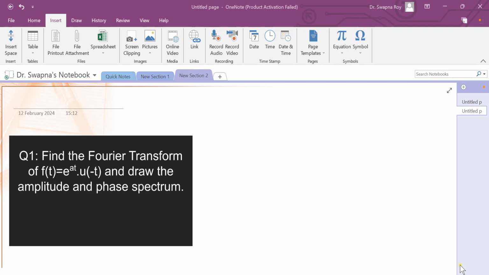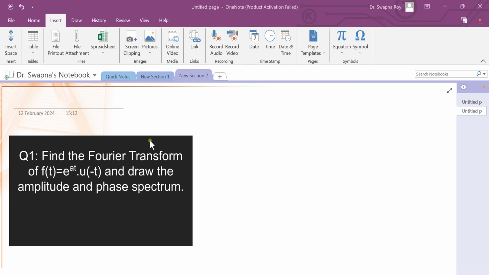Here the question is to find the Fourier transform of f of t is equal to e to the power at u minus t, and draw the amplitude and phase spectrum. Before solving this problem, first we will understand